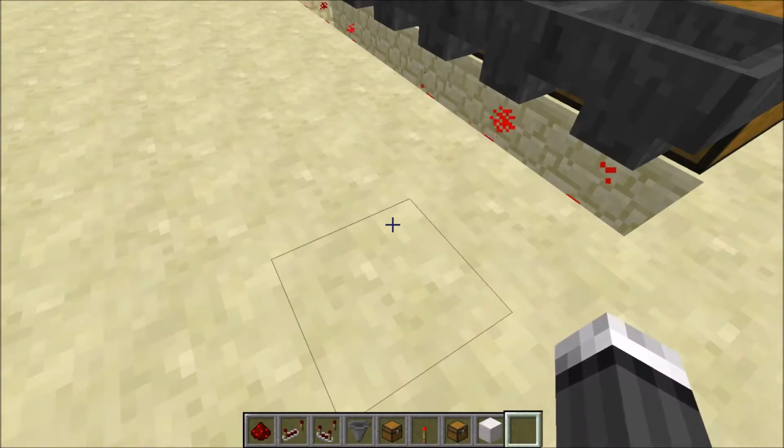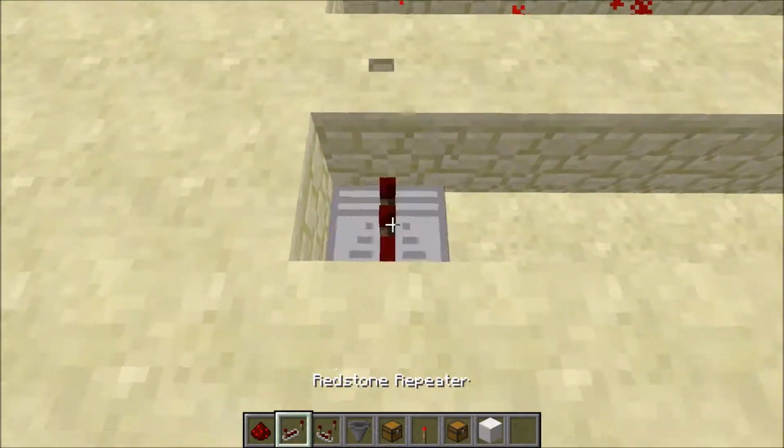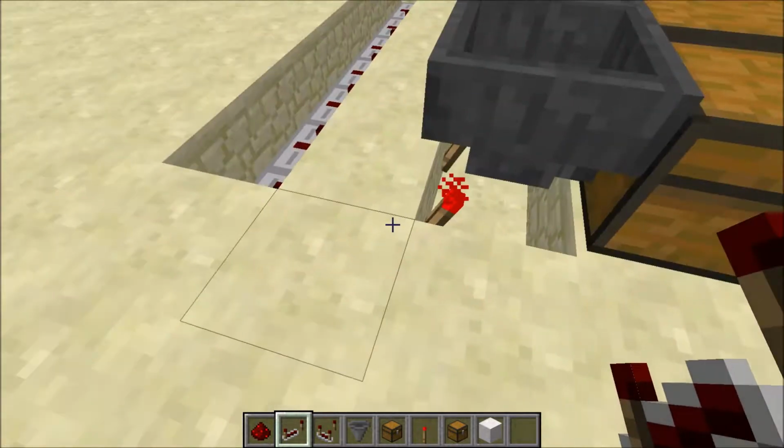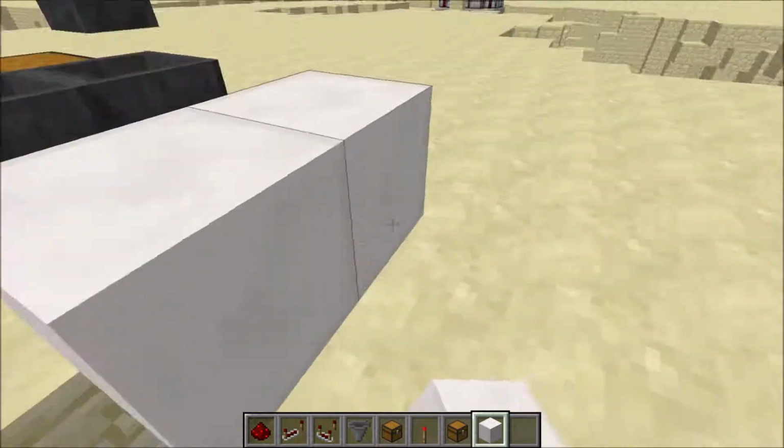Then come around to the back of it and dig out these blocks right behind all these redstone torches and put repeaters running into them, so that whenever these repeaters turn on, then it'll turn these redstone torches off. And then you can cover these up,